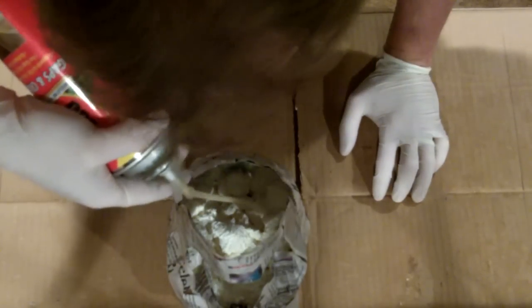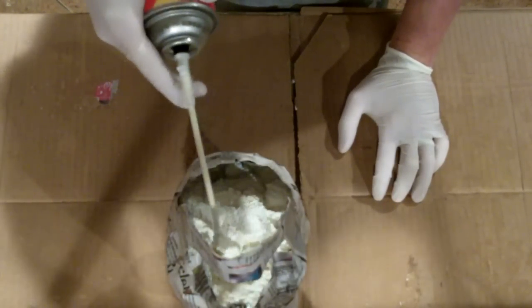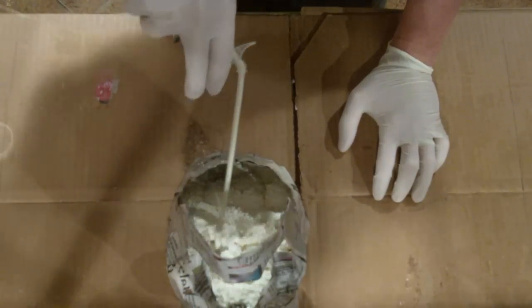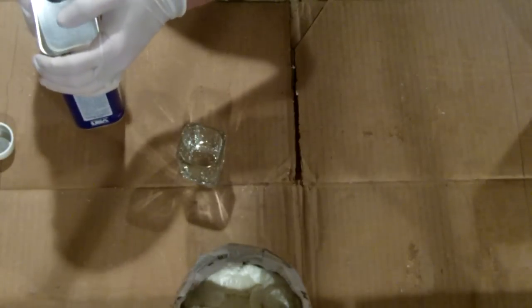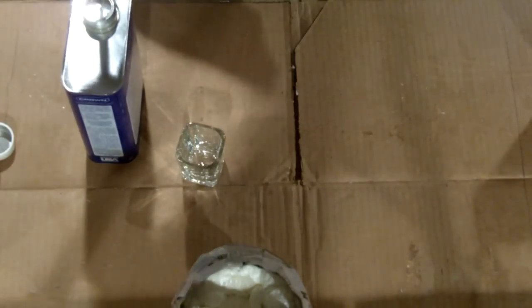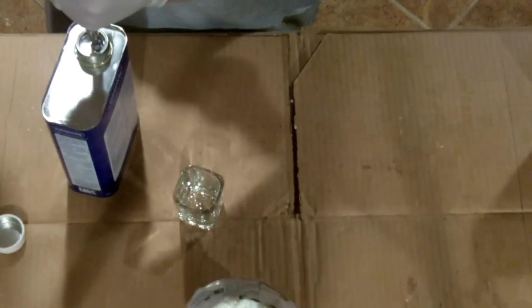I'd seen on a Spooky Blues tutorial, he was talking about filling it with foam. He said, don't even use great stuff. And I kind of have to agree with him. So after I overfilled it with great stuff, I'd seen Brad Goodspeed